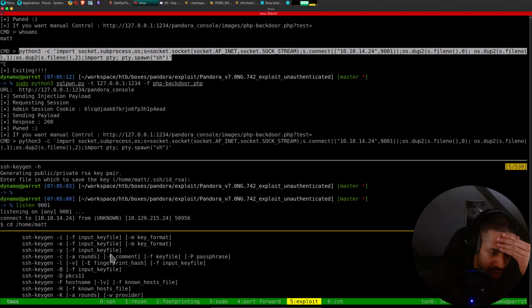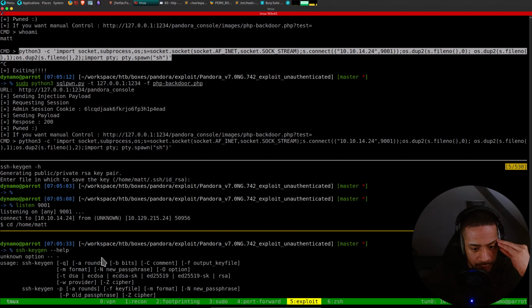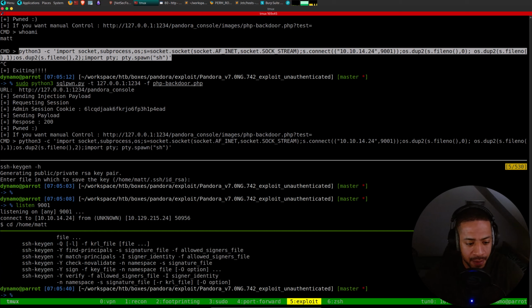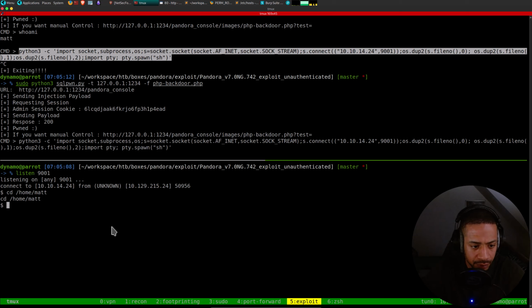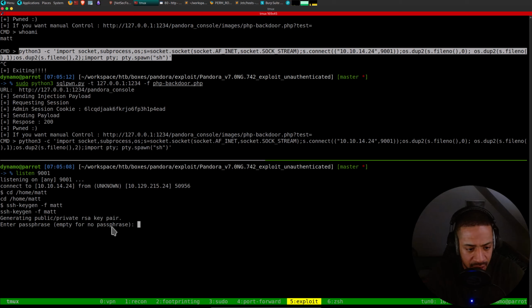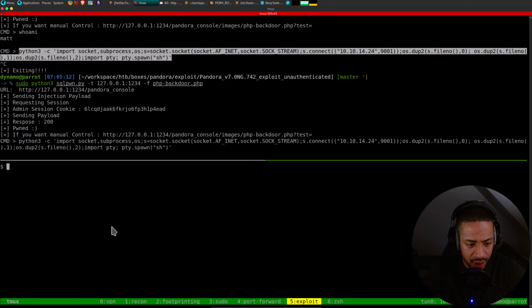How do I immediately name the output key file? Okay. So we can do ssh-keygen -f mat. So now we generate a private key for mat. Anyway, passphrase, no. There you go.